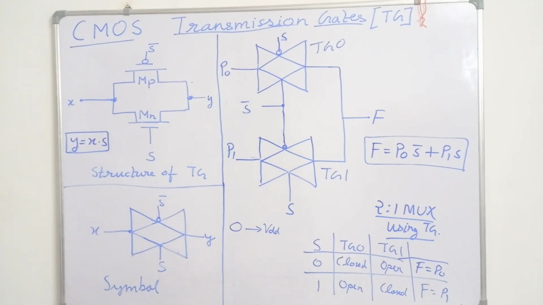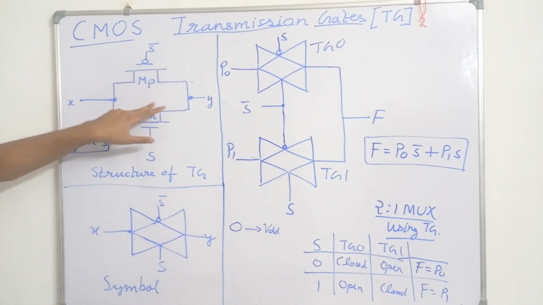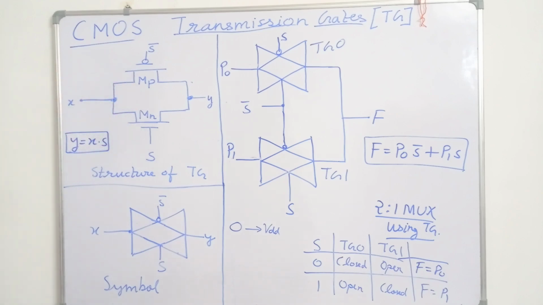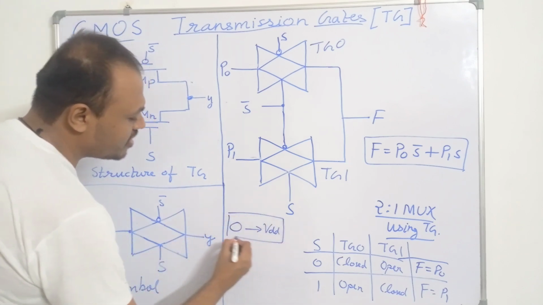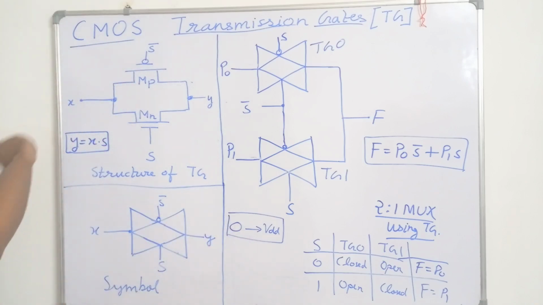So this is the basic theory of the transmission gate. We can realize all the circuits of combinational logic using transmission gates itself. As I told, the only drawback of the transmission gate is that for any logic, two MOSFETs and also one inverter are required. And as I told, the advantage is that they can transmit the entire range of voltages from 0 to VDD from the input to the output.